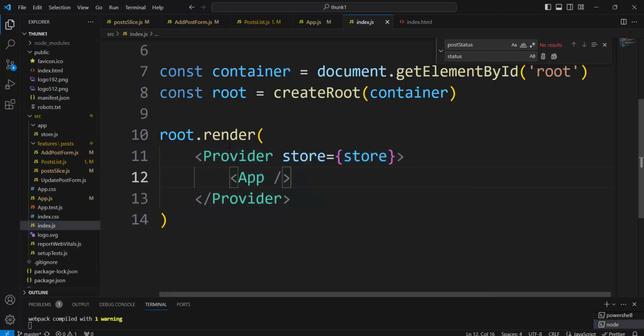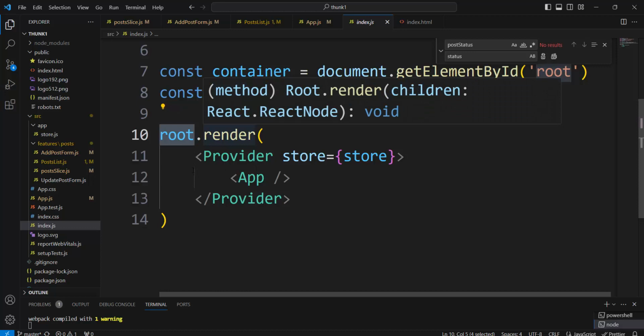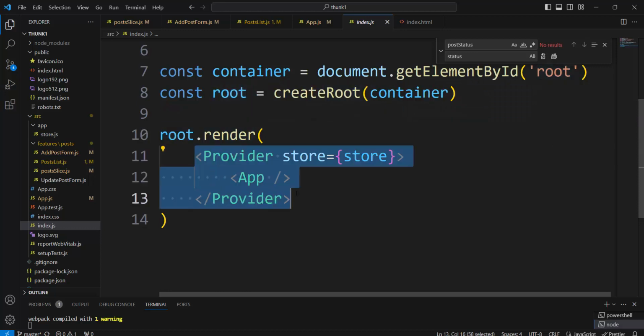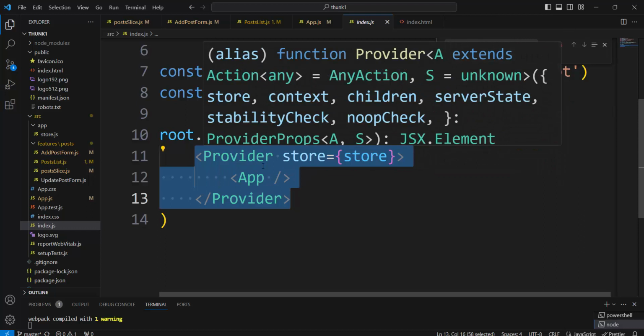Root is an object, the foundation of our React application, the root of a React application, with the method render, and the execution of this is finished with the establishment of Redux and